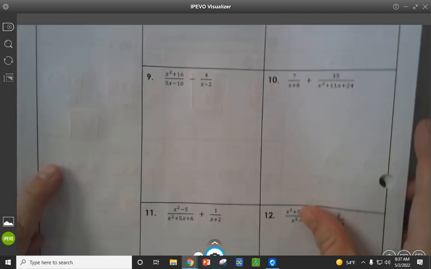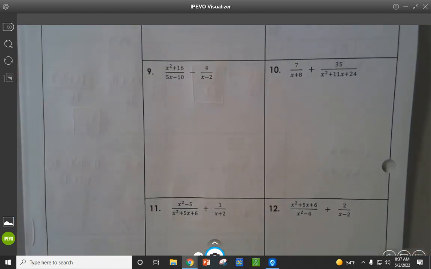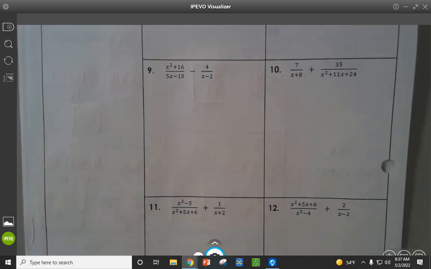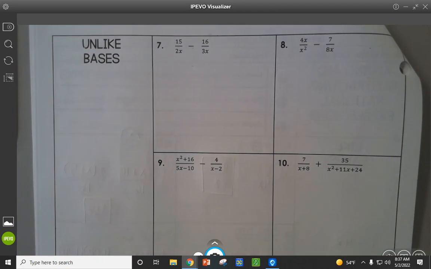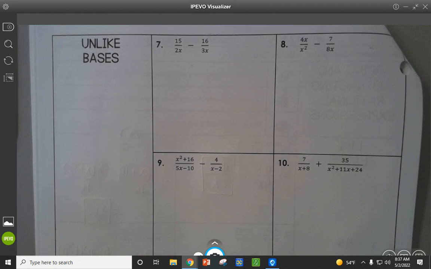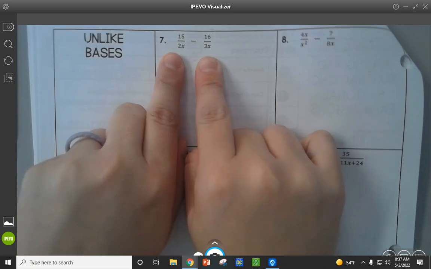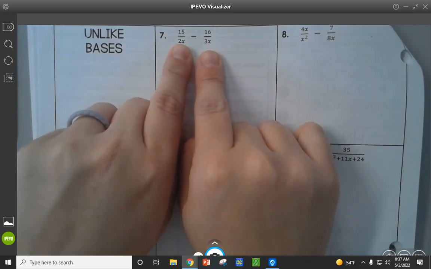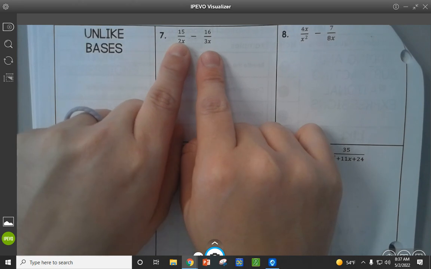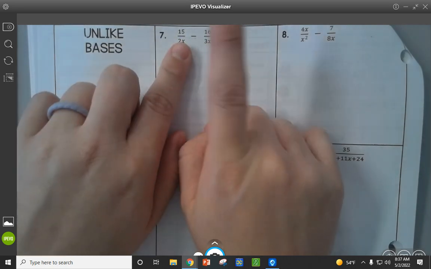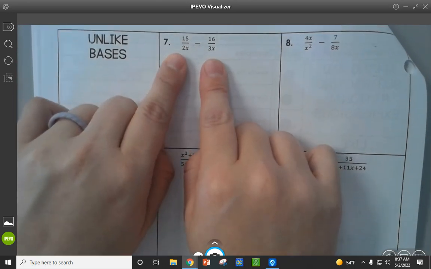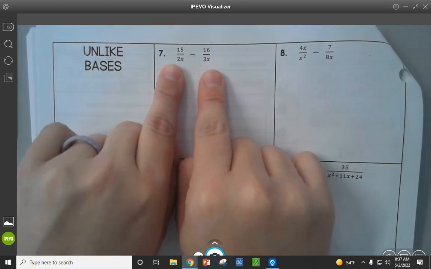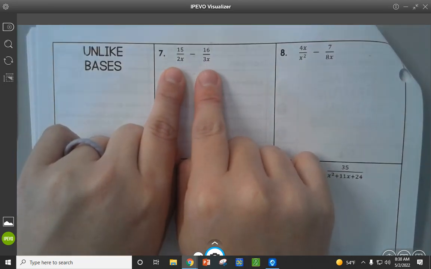All right, so when it comes to unlike bases, we have to get a common denominator. So you've got to look at your current denominators and see what we could do to get like bases. So on number 7, we have a 2x and a 3x. We don't have to multiply them by the same thing, but we want to multiply each side possibly to get a like base. So what could this like base be? Could be 6x,